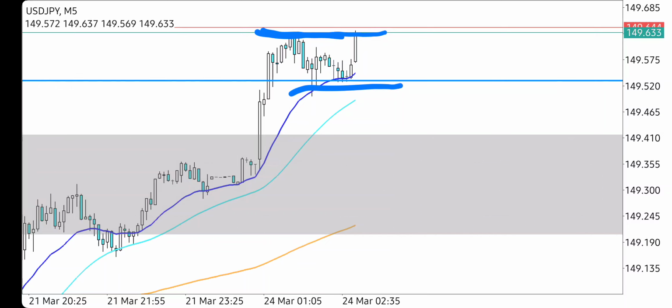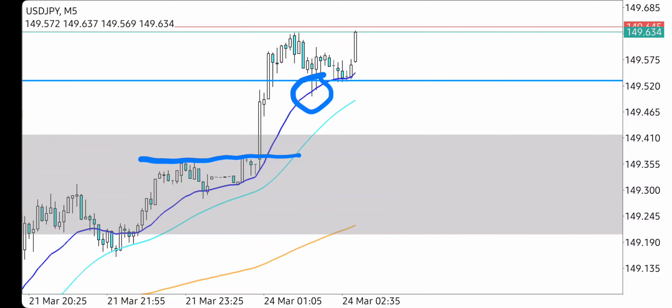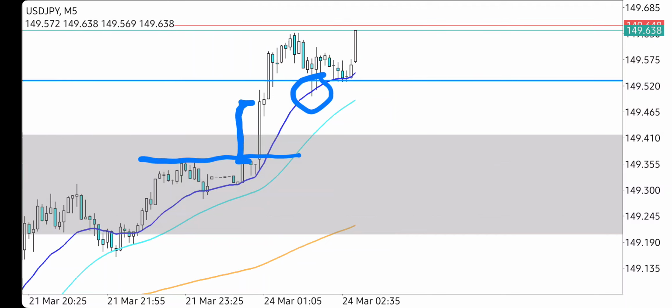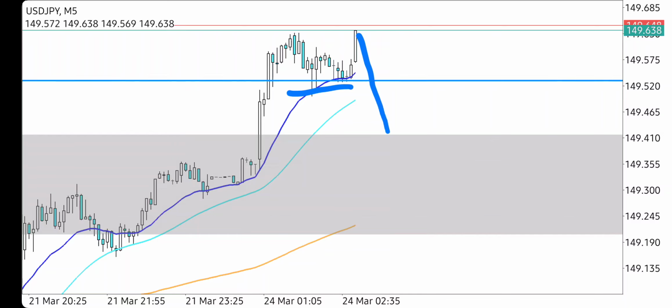But we need a full body candlestick break, not a wick break. What a wick break will look like is this right here, those little wicks. Now we need a full body break. Like, say this was the point that it needed to break. You see all of this body right here, that's a full body break. All right, so that's what we're waiting on, man. And hopefully we can get the market to do something like this.